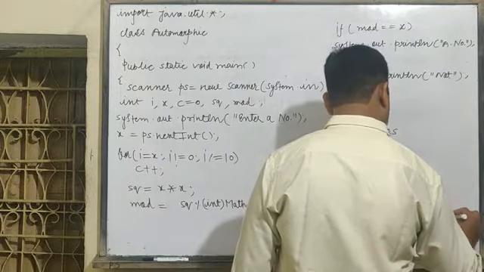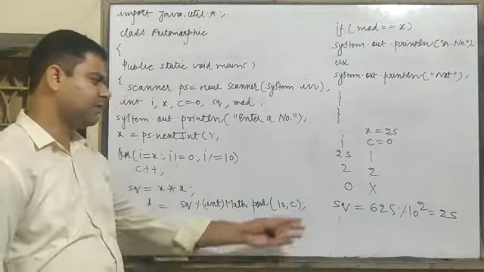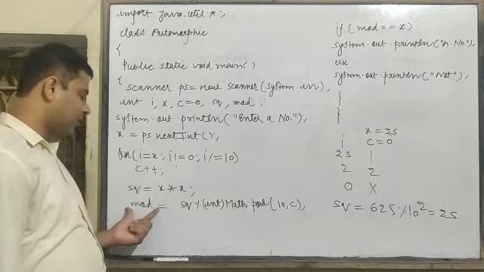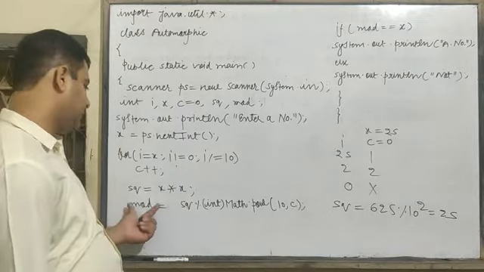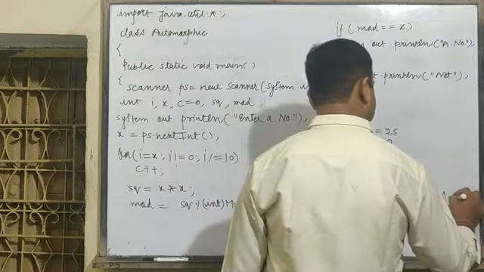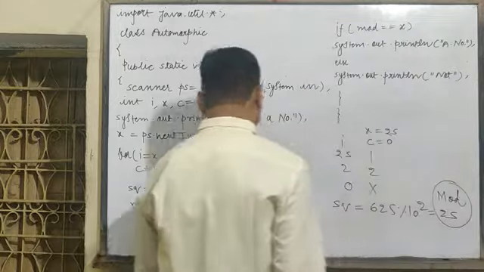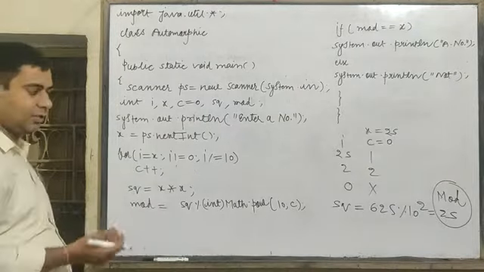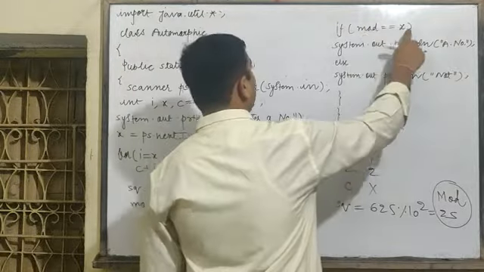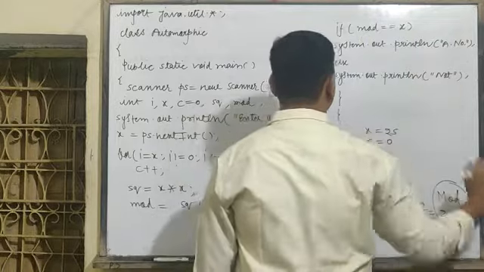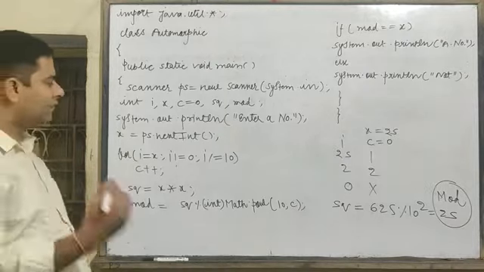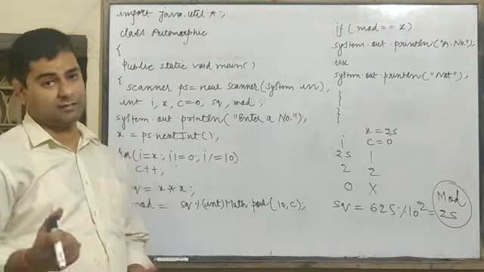25, and 25 will be stored in the variable modulus. This is the variable to store the remainder. The square was 625 and we are calculating 25, so modulus will have 25. After calculating the remainder, you will compare this value with the original number. If both are the same, it will print automorphic number, otherwise not. Understood?